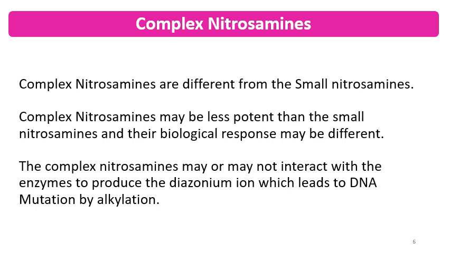Always remember that small nitrosamines are more toxic. They have mutagenic potential, they have carcinogenic potential. That means the genotoxic potential is more with the small nitrosamines, but it is not that much with the complex type of nitrosamines. These complex nitrosamines may be less potent than the small nitrosamines, and their biological response may be different,